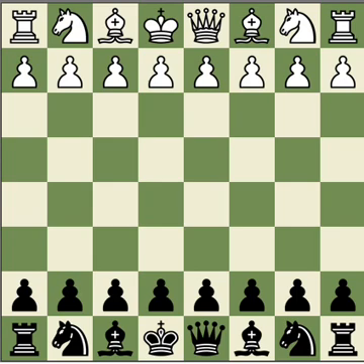Now, on part 4, I will discuss the lines which I think are good for Black when playing against the Stonewall. Basically, we will try to discuss the move orders. Let's start from the